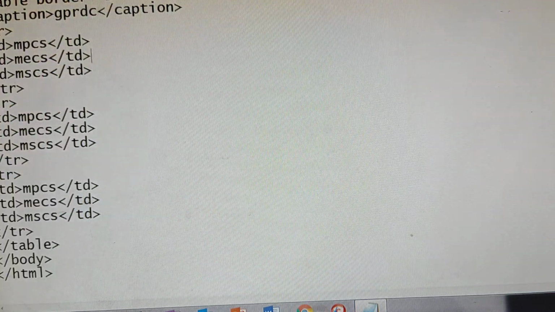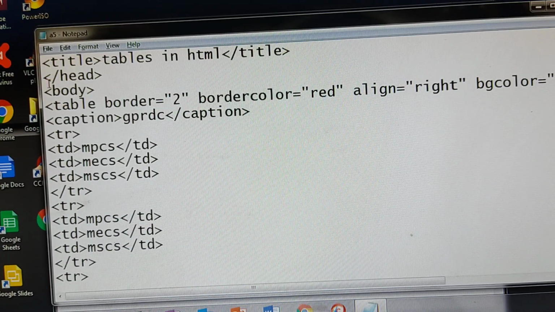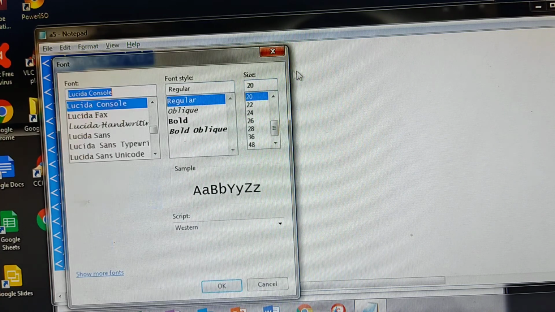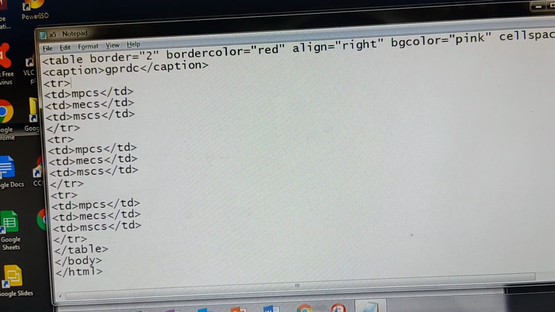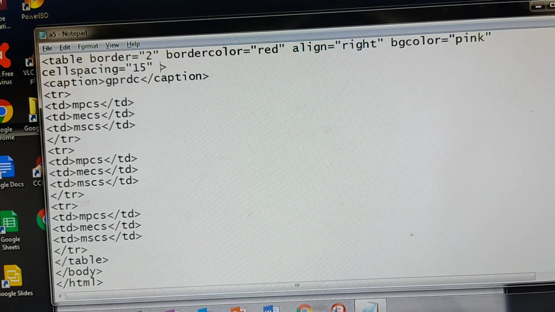spacing. Similarly, here I am adding cell padding. Just a minute, I am decreasing the font size. Now, after the cell spacing, I am adding cell padding. So, what is cell padding? Cell padding is the space between the cell content and the walls of the cell.